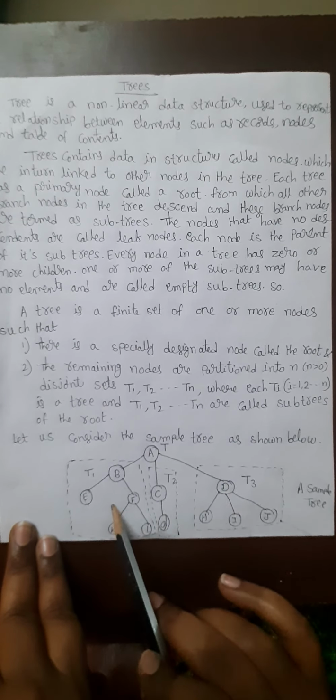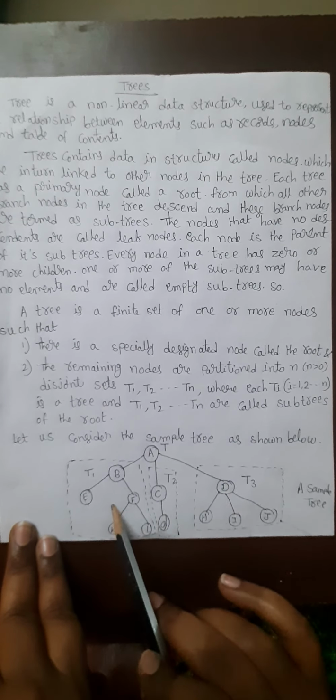And if we take B, from B the remaining nodes are there, and these are called the subtree. That is, B is called the subtree. Under this subtree, it contains different types of nodes. And if we take K and L, they form a subtree. Under F, for K and L, F is called the root node. And for E, B is the root node. And A is the root node of all the trees, that is the subtrees called T1, T2 and T3.